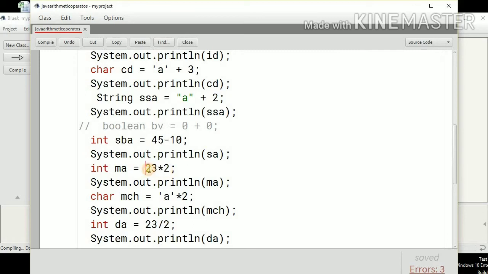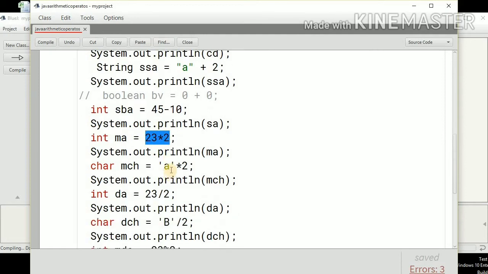We can multiply two literals, we can multiply one literal with one variable, we can multiply two variables and more variables also, right? So let's see whether this subtraction can be performed with char. Yes, the answer is yes, you can perform it just like you have done with the plus. Whether the multiplication can be performed with the char, yes, that can also be performed.